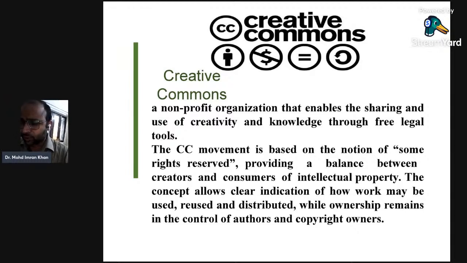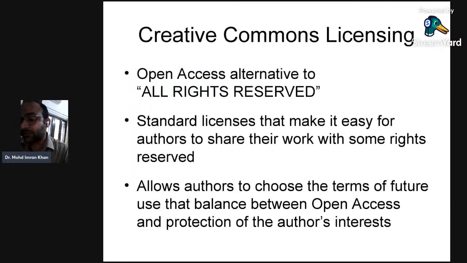While here also, ownership remains in the control of the author and the copyright. Ownership will always remain. They are only allowed to use that. It's not that in open access you can have access to any article which is indexed in open access journals, and you can use it as it is while having that license granted by the author, and you can say that okay, now this is something which is created by me. No, the ownership will always remain with the author.